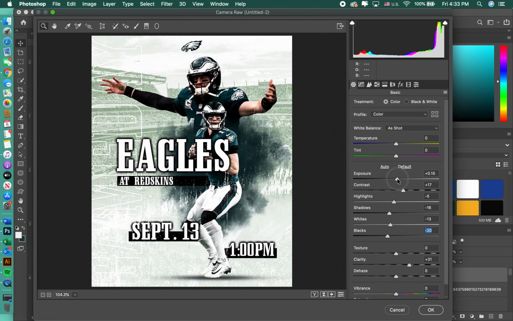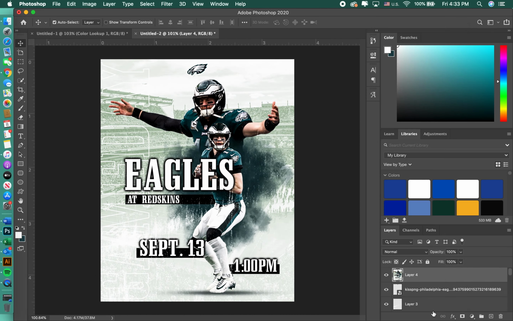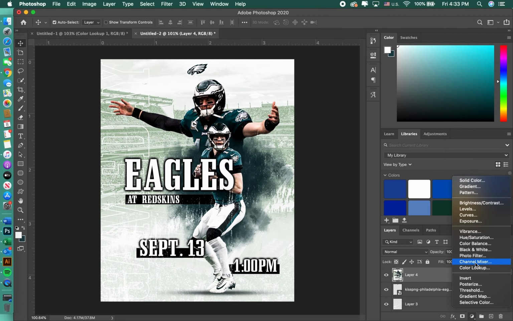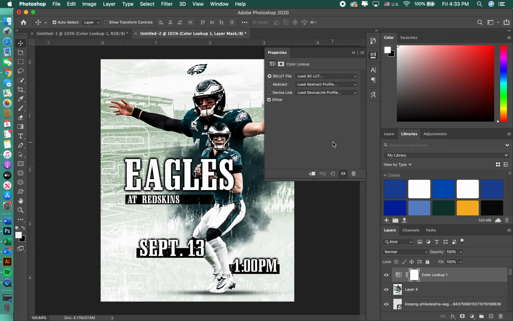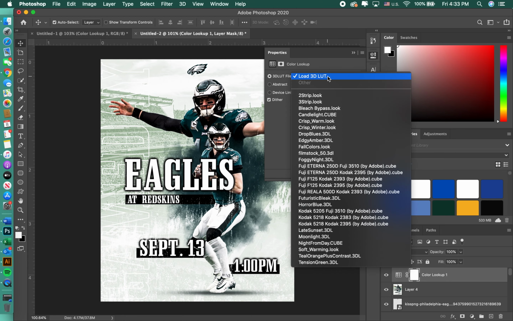If this works for you, awesome. If it doesn't, do something different. I said okay, that looks good. Then I'm going to go down to this half moon looking thing, and then you will find Color Lookup, and then you'll go to the 3D LUT file. You'll see that of those three things, it's at the top there. You'll click that,